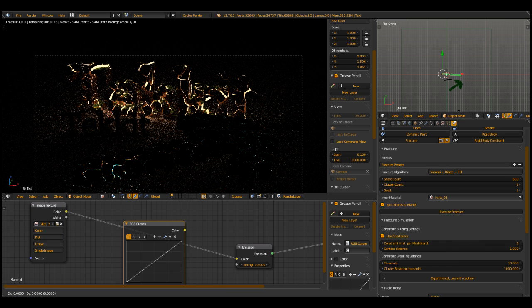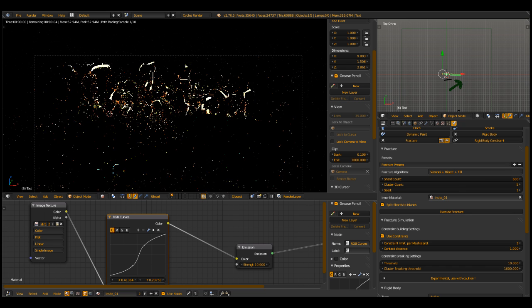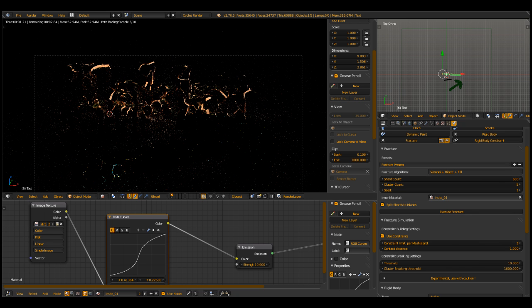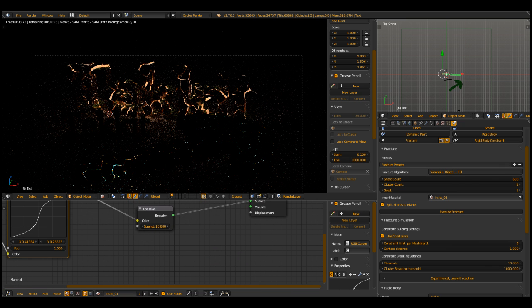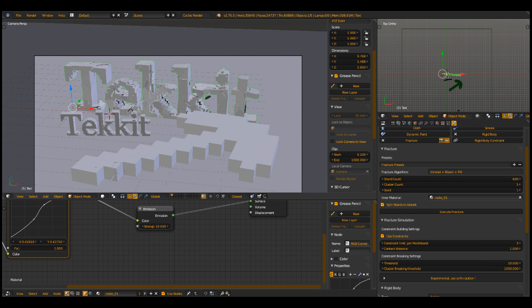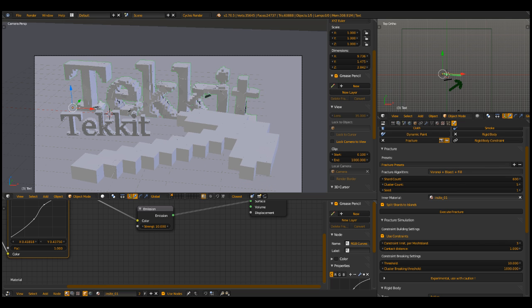So color RGB curves and just a little bit more contrast. A little bit more white. So maybe even more. So yeah, just find a frame you like so you can read it actually, and